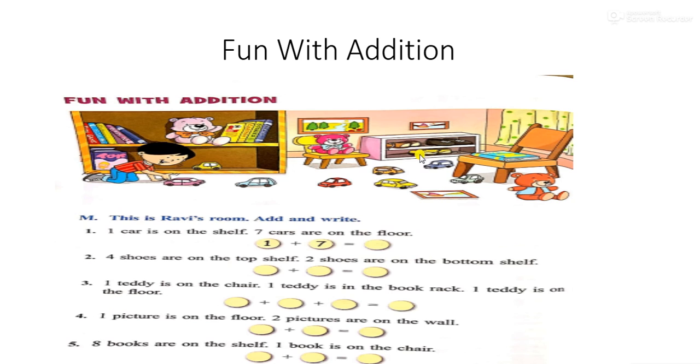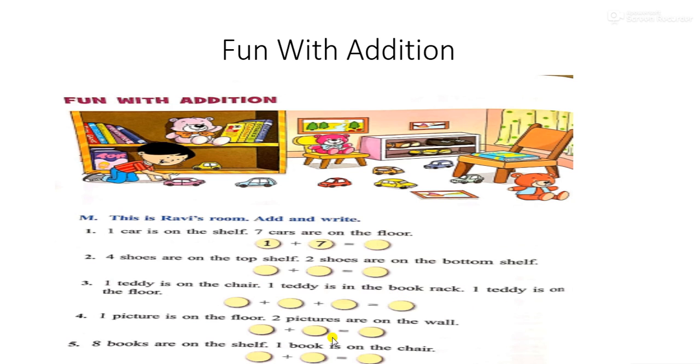Bottom means below. So how many? 1, 2. Yes, 2. So we have to write the numbers here. 4 plus 2 is equal to, you have to count the numbers. Write the answer. Then third question is, 1 teddy is on the chair, 1 teddy is in the book rack,